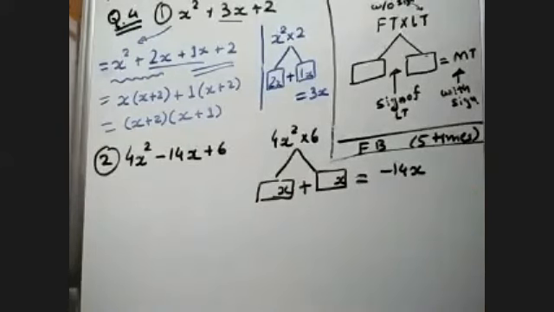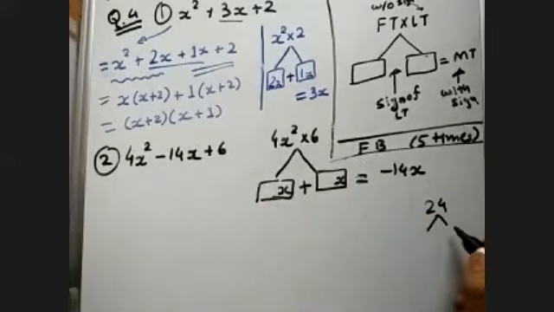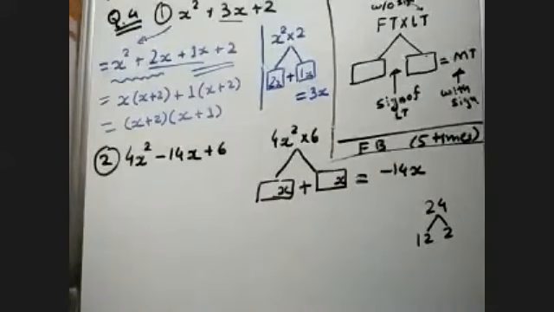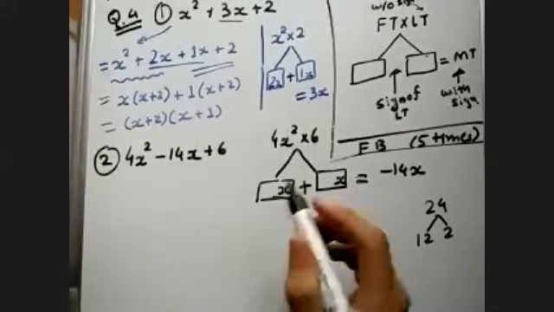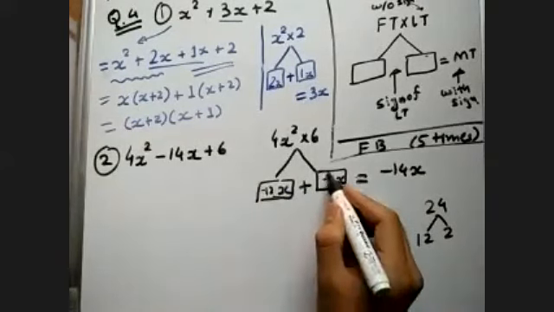Right. Now 6 4s are 24. Now what else can I write 24 as? Which factors of 24 can I find? So if I take 6 and 4, I will get 10 as the answer. Then 12 2s are 24. So 12 and 2 will be 14. Now I have to add such that my answer should be minus 14. So I will take both of them as minus. So minus 12 and minus 2.